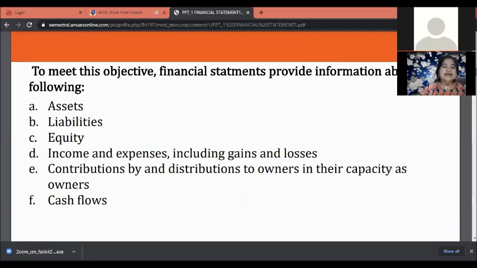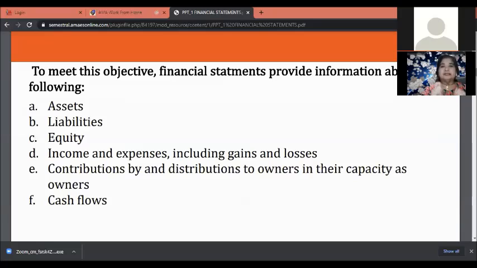Okay? When you say equity, this represents the capital section of your balance sheet, wherein how much is being invested. At the start of the business, we have what we call the initial investment. In the course of the operations, the owner may want to make some additional investments. And of course, at the end of the accounting period, there will already be some result. Is it profit or loss?